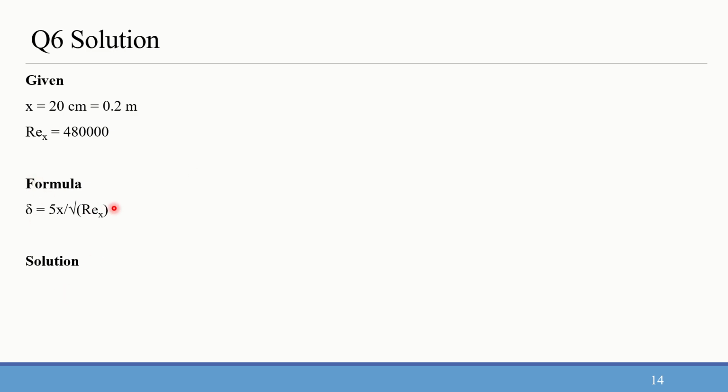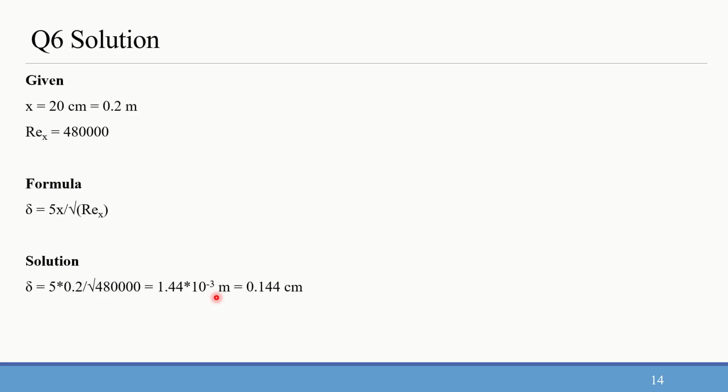So delta is equal to pi x by square root of rex. So x is 0.2 and rex is 4,80,000. We are just substituting here. So 5 into 0.2 divided by square root of 4,80,000, which is nothing but 1.44 into 10 power